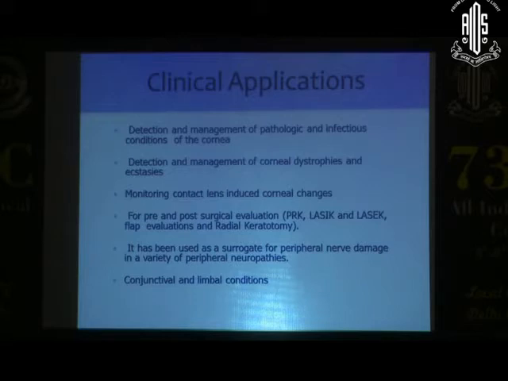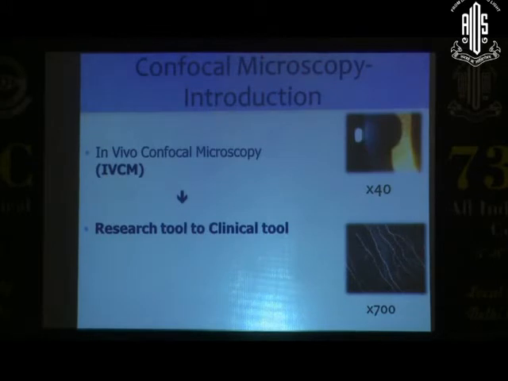One of the earliest established uses has been as a surrogate. The cornea, as we know, is richly innervated, and it's being used to see peripheral nerve damage in a host of peripheral neuropathies, including diabetic retinopathy. It's also being used to prognosticate. And there's a lot about the limbus that we don't know. The healing patterns, the changes after chemical injury. And we're increasingly studying this to see the presence of niche, the presence of Langerhans cells, the palisades of Vogt have all been imaged, and these are all the exciting developments that we are now seeing. So it has evolved from being an established research tool to now being an important clinical tool, especially in tertiary